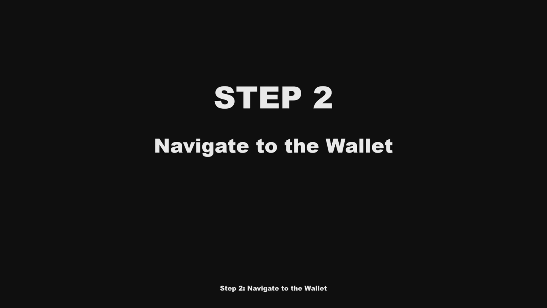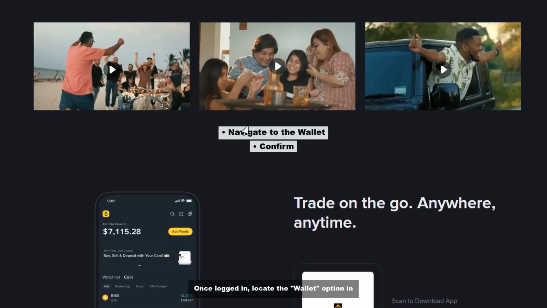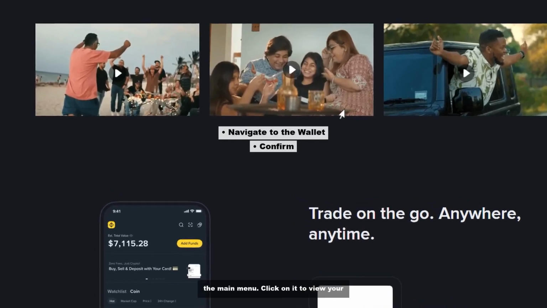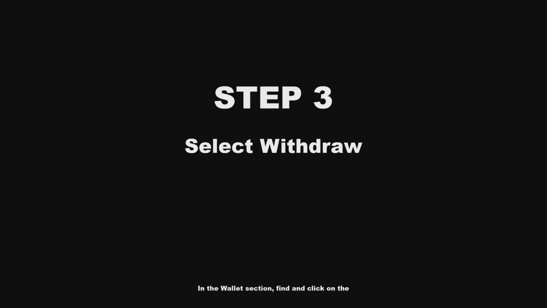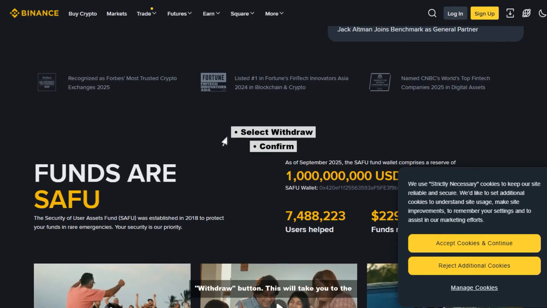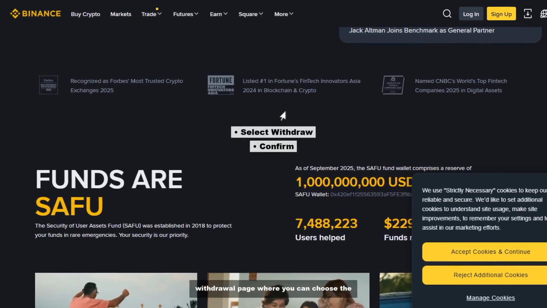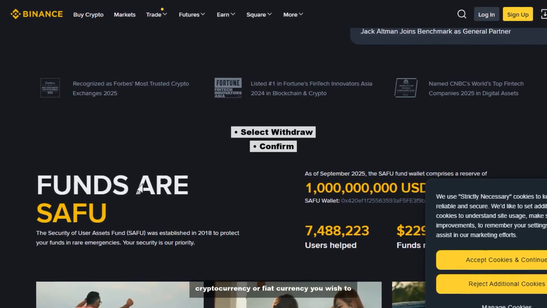Step 2. Navigate to the wallet. Once logged in, locate the wallet option in the main menu. Click on it to view your available balances and withdrawal options. Step 3. Select Withdrawal. In the Wallet section, find and click on the Withdraw button. This will take you to the withdrawal page where you can choose the cryptocurrency or fiat currency you wish to